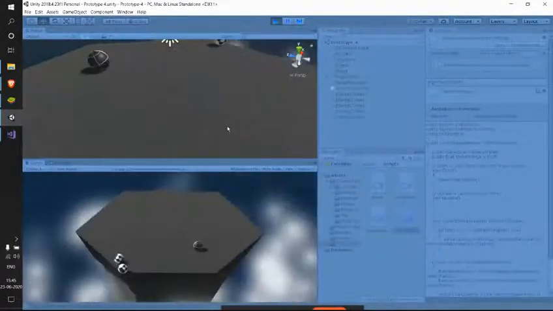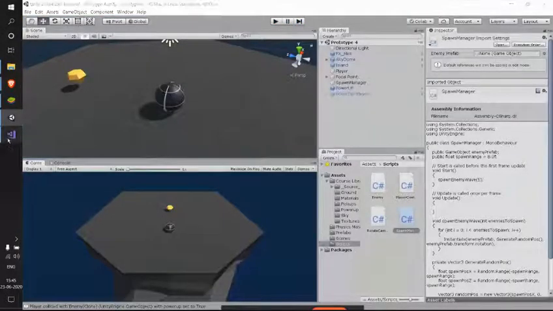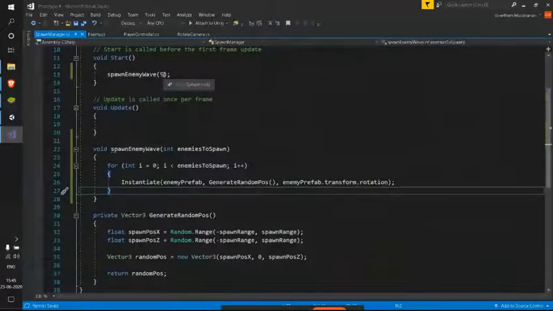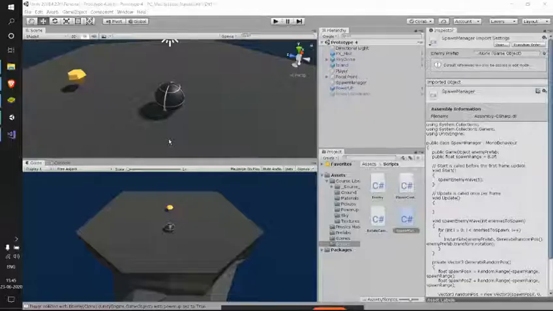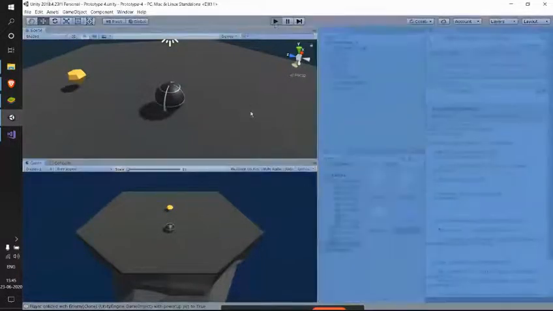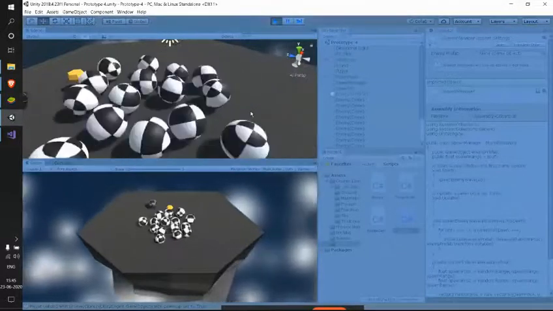When we are able to get these 5 enemies, we can get any number of enemies as we want, right? So let me change this to say like 15. Why not? Let's try that. We have these 15 enemies.